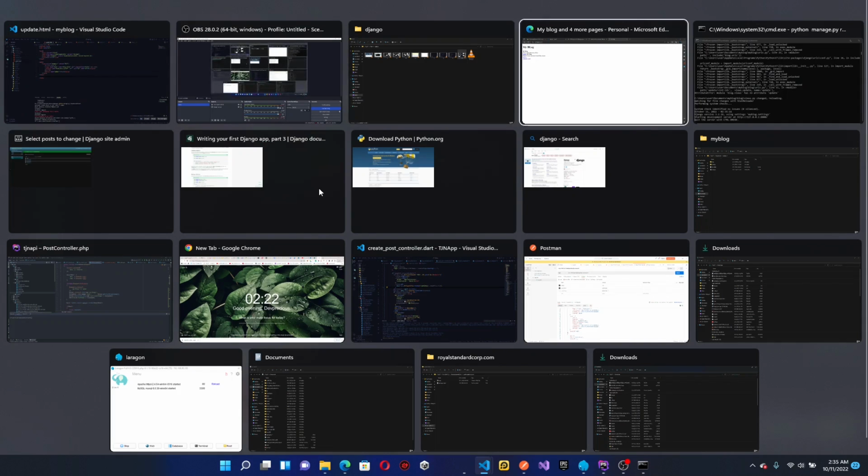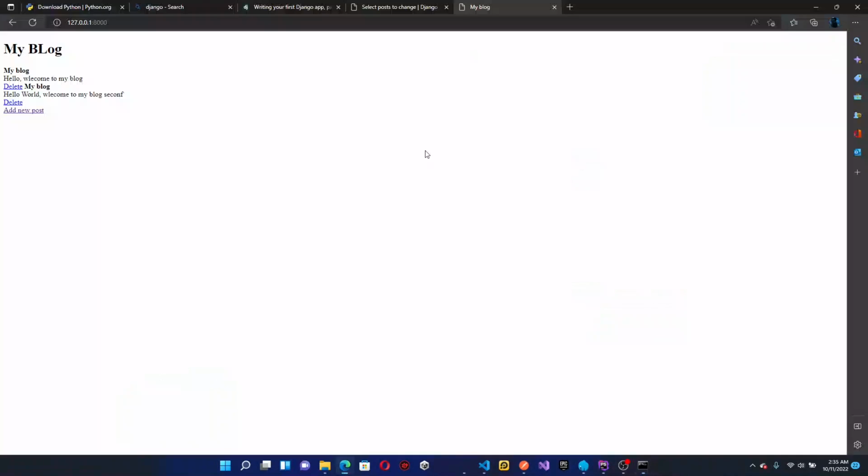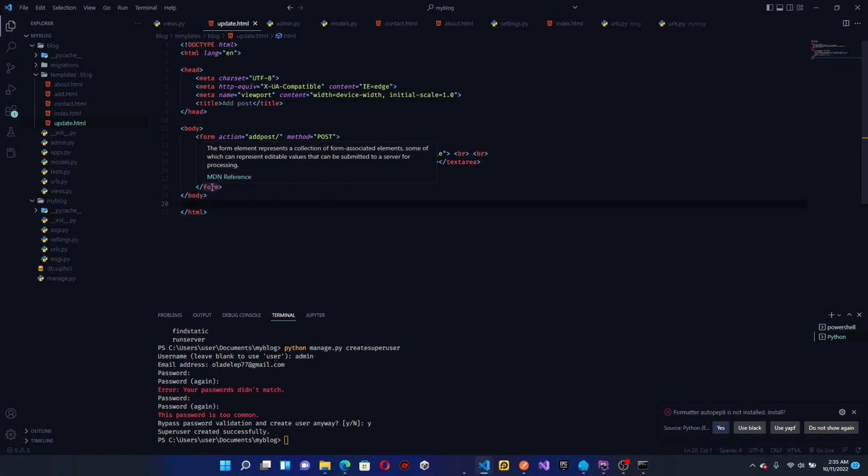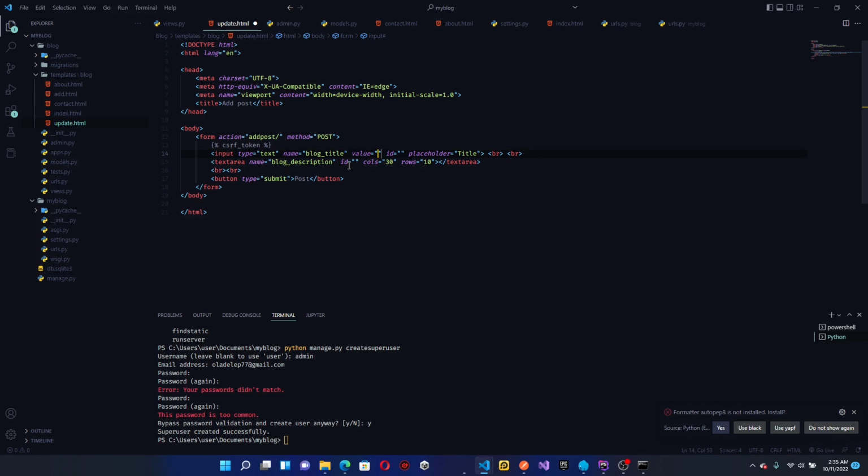Okay, so we should check our browser. We have no error. So let's refresh. Click on update, and we are now on the update page. For the update page now, we have to fill in the necessary stuff. So right here, we have to fill in value. Okay, value should be equal to,